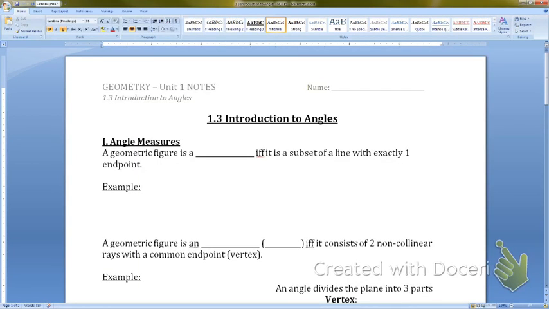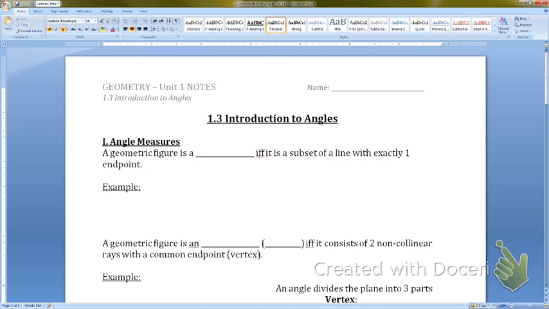Good morning. Today we are going to talk about angles and the kind of properties that we can use with angles, and how we can move them around and use them to help us solve for different values of x. So the first thing that we need to talk about before we talk about what an angle is